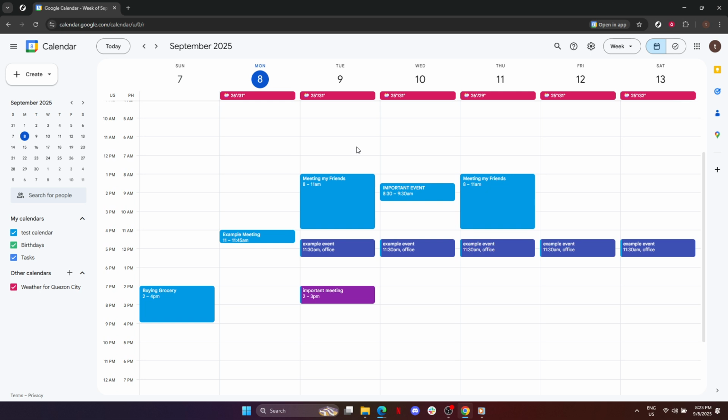Google Calendar is a powerful tool, and by understanding how to personalize it, you can better manage your time and